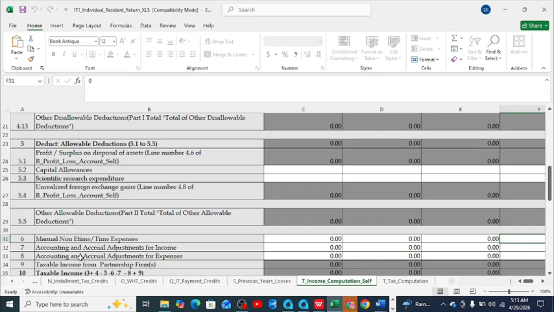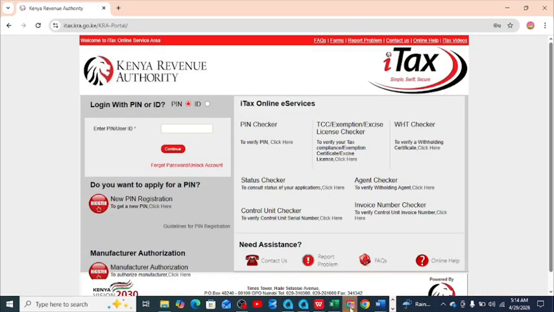So first thing first, in order to account for this, you need to do some good bookkeeping, and also you need a tax expert who can come and advise you regarding the adjustment. But in order to do the adjustment, you need to declare it under the iTax portal, and to do that, you need to get into iTax by going to itax.kra.go.ke. You then need to log in using your KRA PIN, which mine is